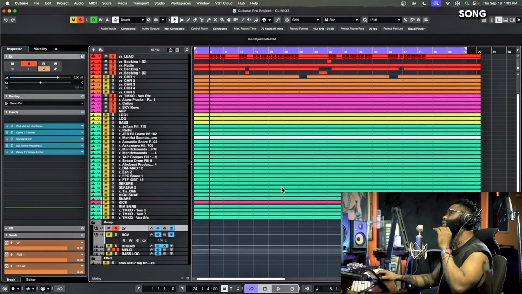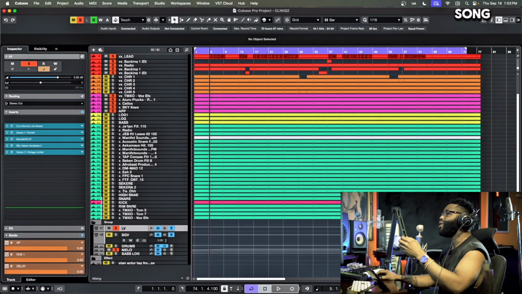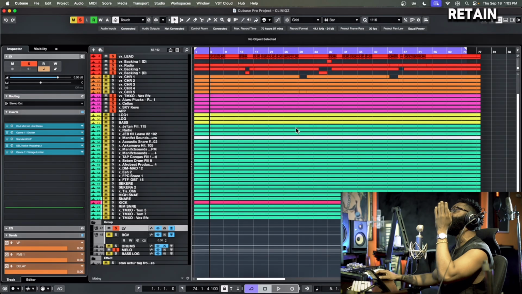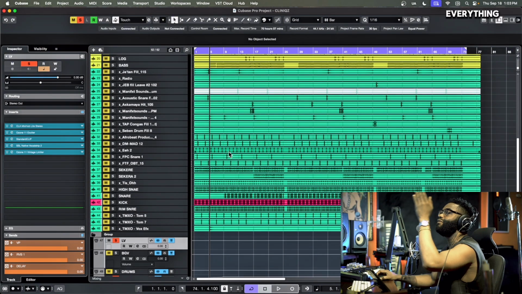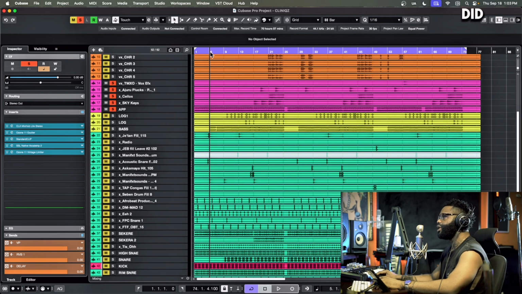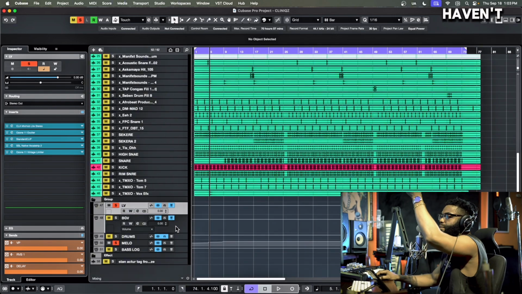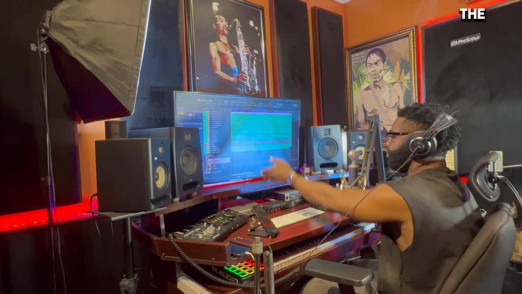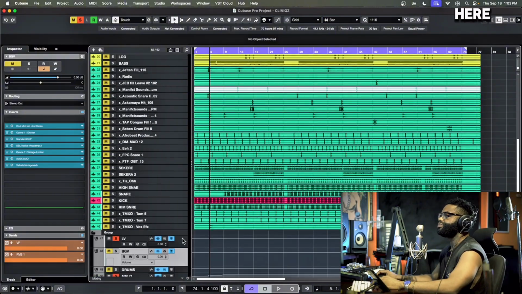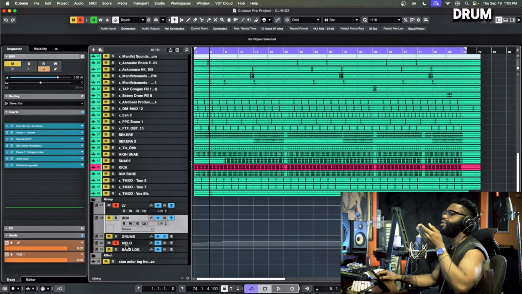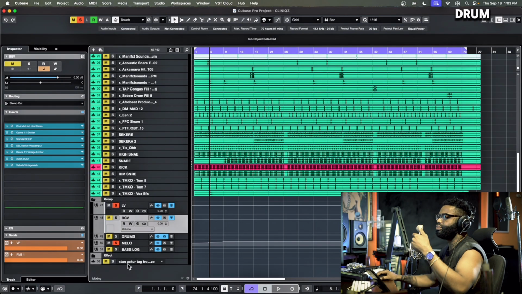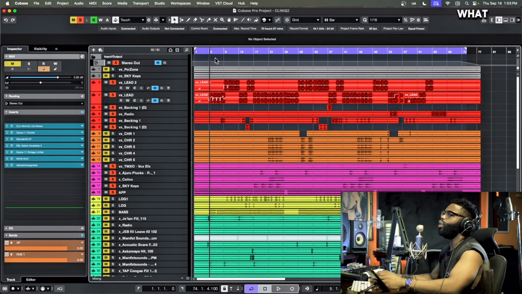If you check this song, the song has a lot of depth. I tried as much as possible to retain, of course, that's what I do every time, the punchiness, everything. So this is what I did. I have boxed everything. I have all the boxes here, which is the vocal, the background vocal, the drum, the melody, the bass, log drum, and what have you. So what did I do?